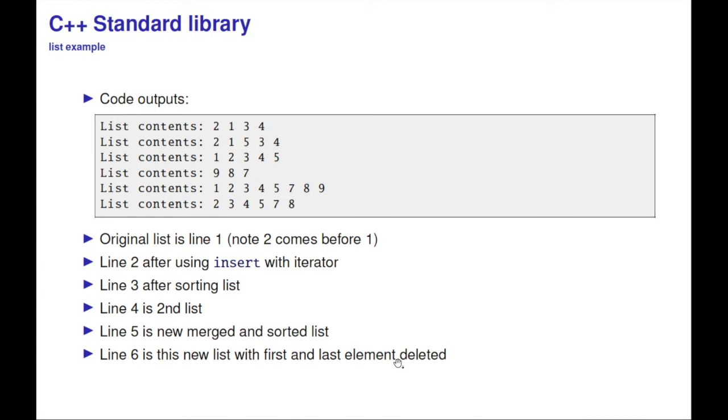So there are various useful operations you can do, and hopefully if you write code, you want to think, well, essentially, what type of operations do I want? That really determines the data structure that you're going to use, the type of container you're going to use for your data.